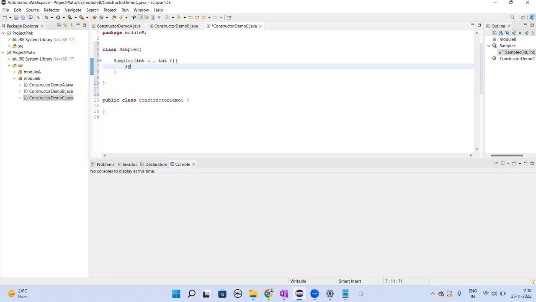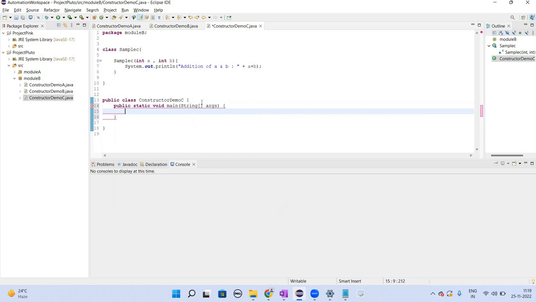Okay, so we'll print that, concatenation operator b. Okay, now in our driver class let's use the main method, and then we'll have a